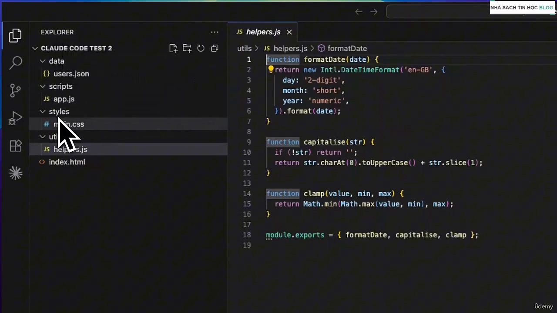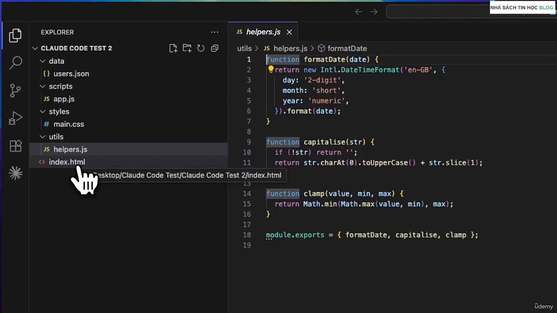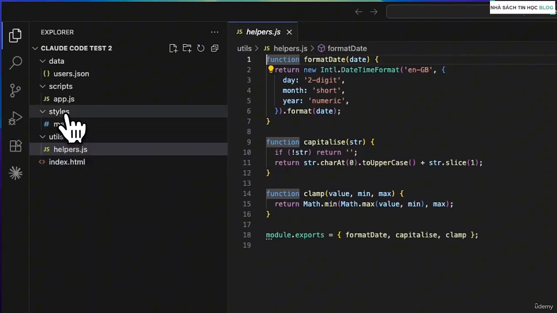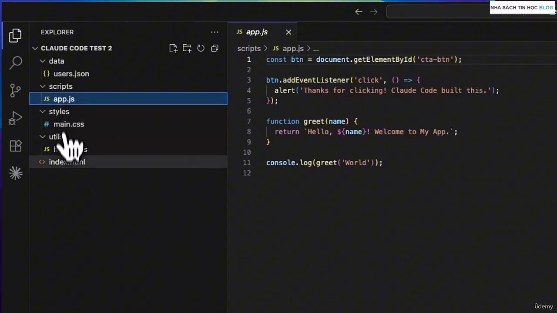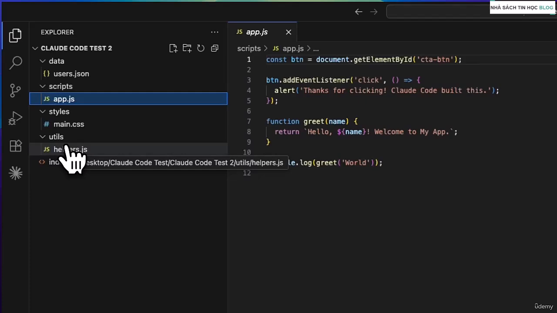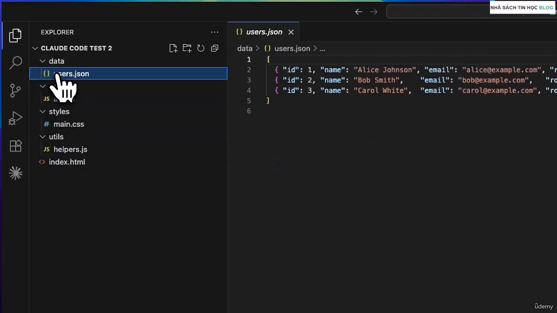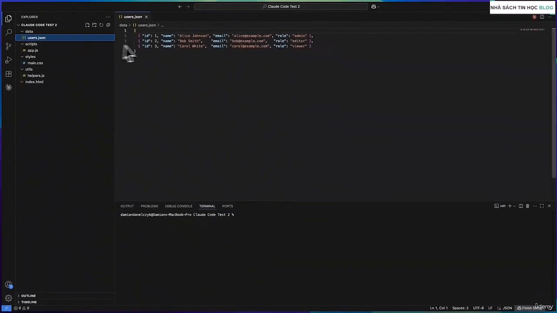As you can see here, we've got a typical project structure: an index.html at the root, a styles folder with our CSS, a scripts folder for JavaScript, a utils folder for helper functions, and a data folder holding some JSON files. So this kind of structure is pretty standard, and Cloud Code understands it natively.